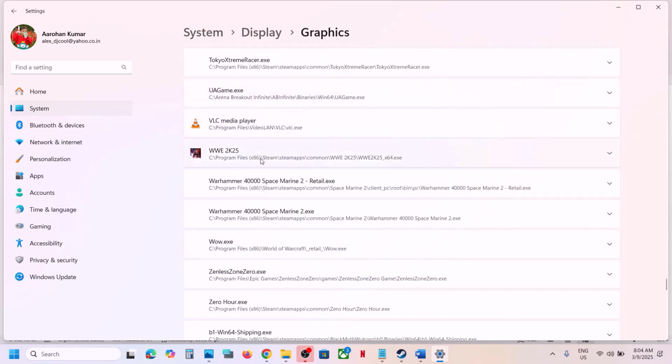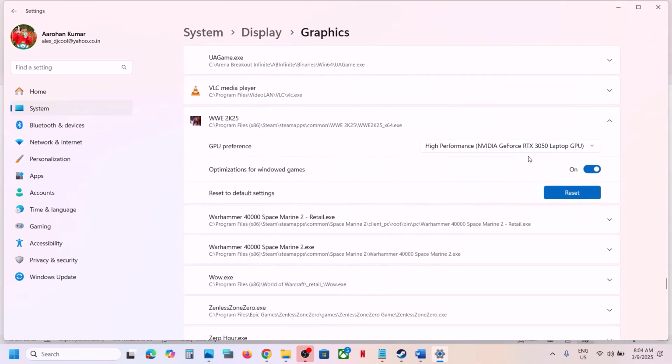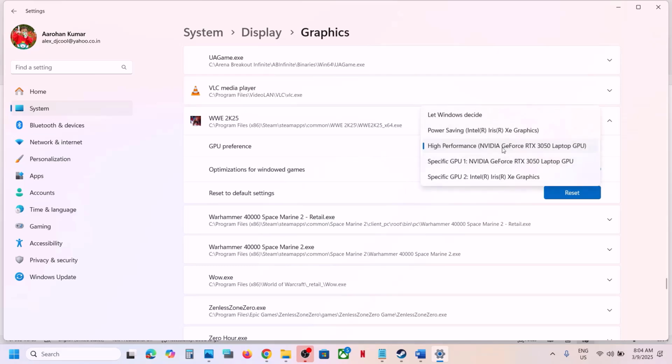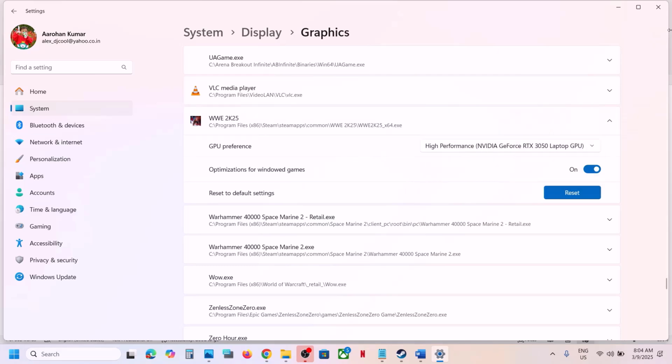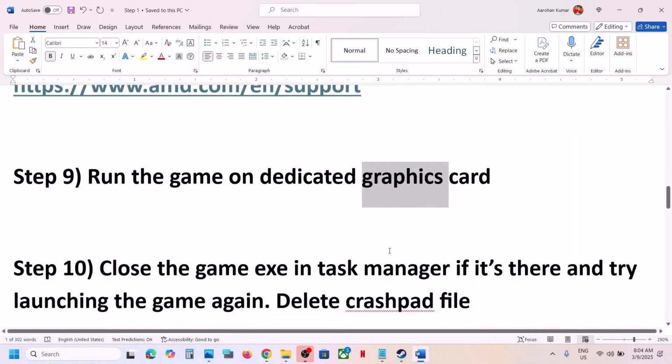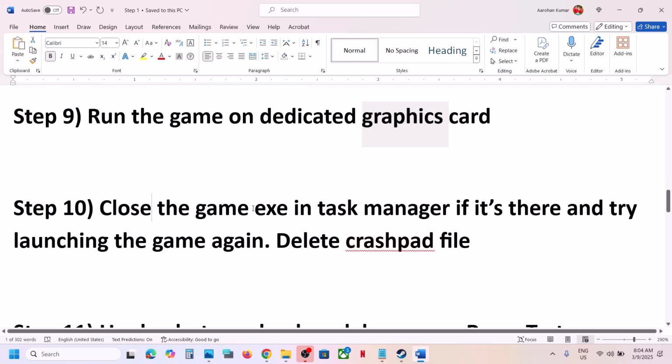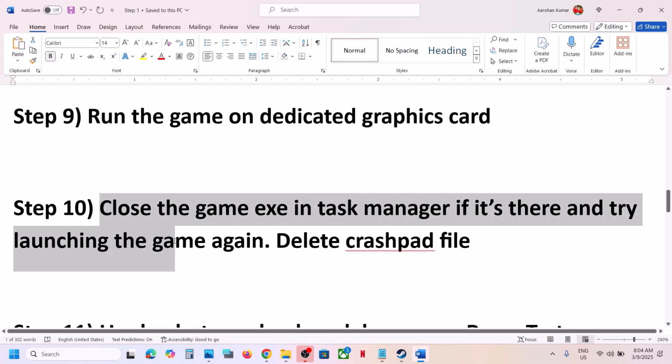Once the game is added, click on the game over here, and over here you can see GPU preference, select high performance and you will see your graphic card over here. Now launch the game and then check. Next step is to close the exe file in task manager if there is any, and then launch the game